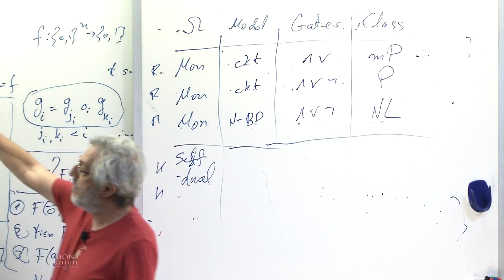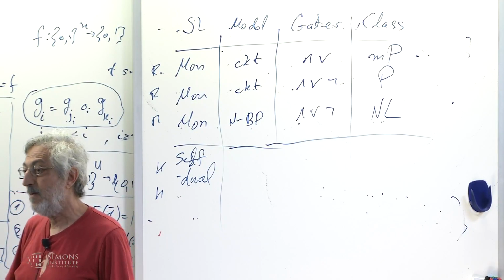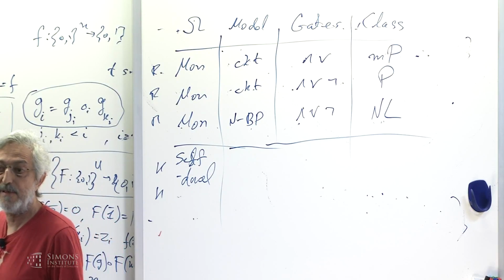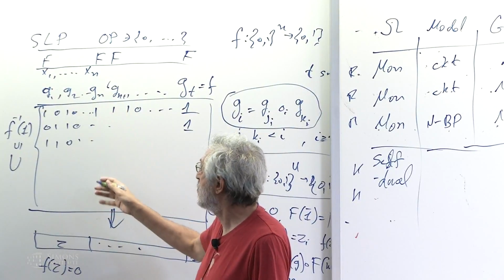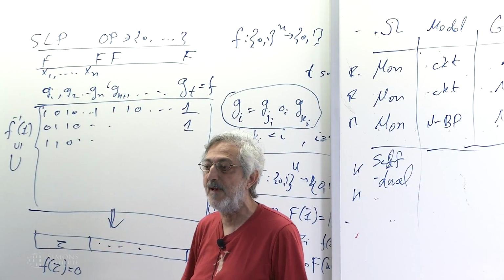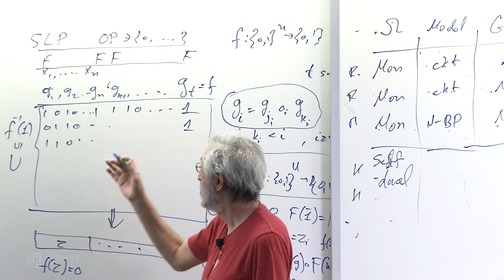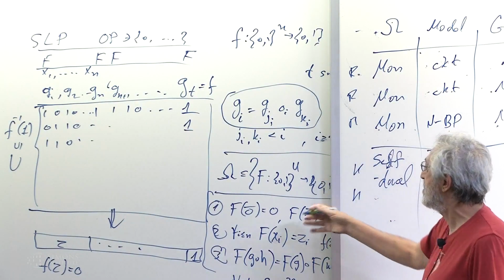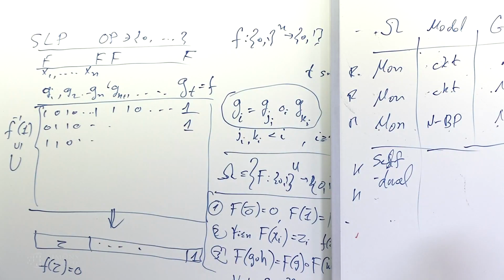filters. What are self-dual filters? They are monotone filters, but if for some set you get a 1, so think of these columns as just representing sets. Well, anyway, if you take a vector and this f gives you 1, when you complement this vector, you want to get a 0. That's a self-dual function. And he restricts himself to this for good reasons, because it's easier to argue about. And here's sort of an amazing thing that he gets. He shows that